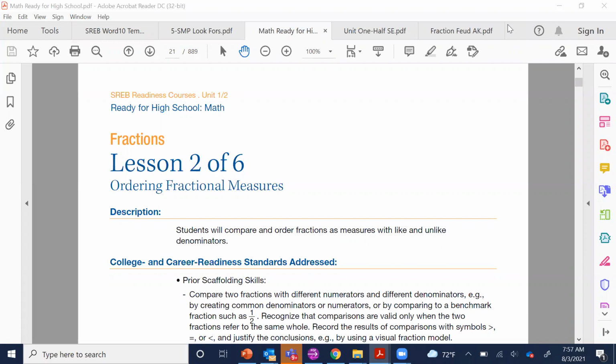Hello, this is serving as a preview of the SREB Digital Tools Suite for math. For this preview, we're going to be looking at Lesson 2 in the High School Ready course in Unit 1/2. But this serves as a preview of all of the materials because they all kind of encompass the things I'll